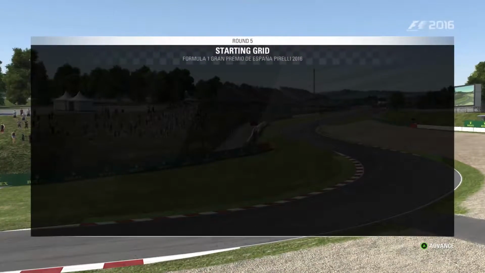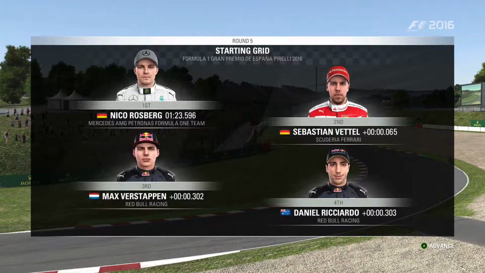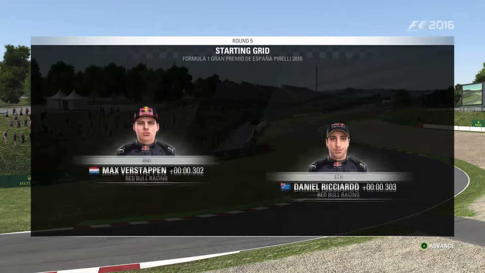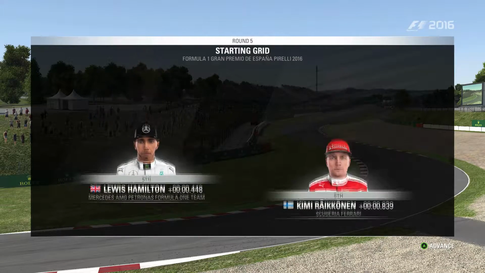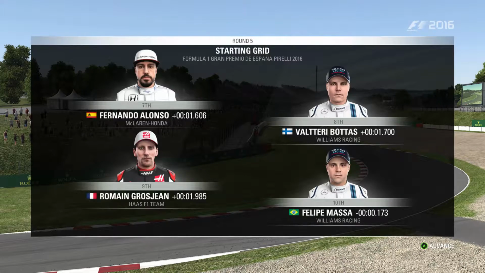It's Nico Rosberg's second consecutive pole here in Barcelona as he looks to close in on his teammate's championship lead, with Sebastian Vettel starting alongside and the two Red Bulls locking out Row 2. Lewis Hamilton starts alongside Kimi Raikkonen after a disappointing session, with Fernando Alonso hoping to impress the Spanish fans in